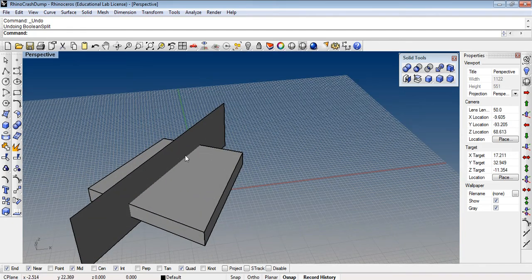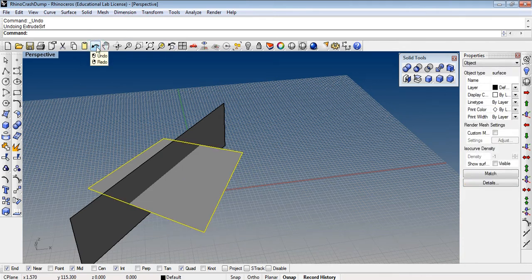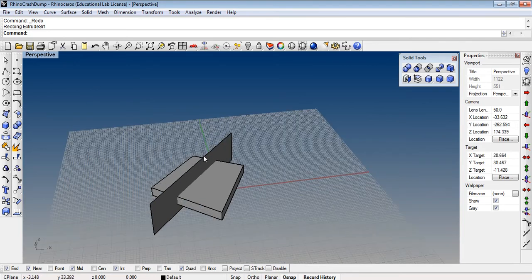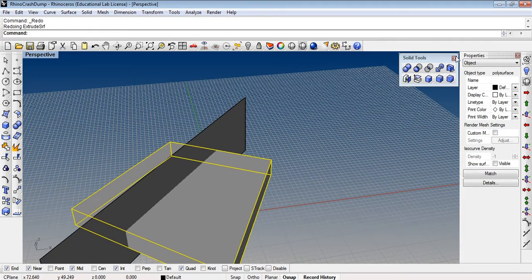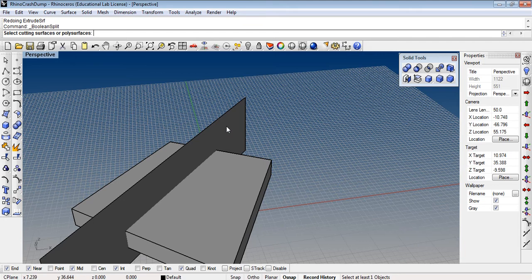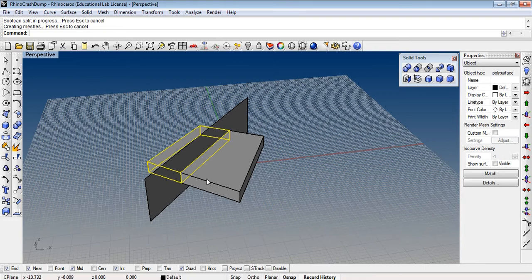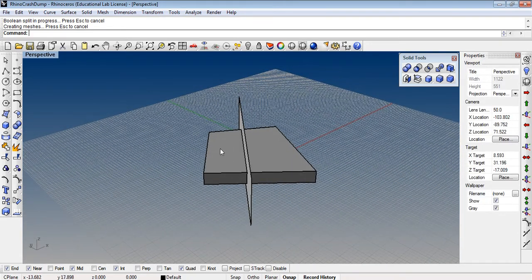If you undo the option, then click here. See, now I select the poly surface. This is called boolean split, and enter here. See, you have two poly surfaces which you can use, and which you don't need, select this and delete. Okay,